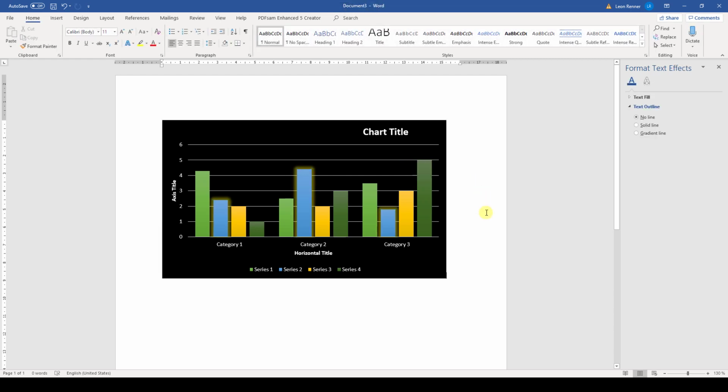We can basically edit these bars the same way we can edit shapes. And the text boxes in the chart can also be edited as we already learned it. So now you know how to create charts in Word, how to change the values inside a chart, and how to change the layout and the design of the whole chart or only a specific element of the chart. Watch the other videos to learn more about objects in Word.